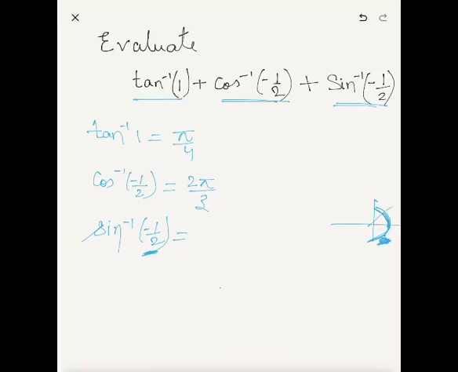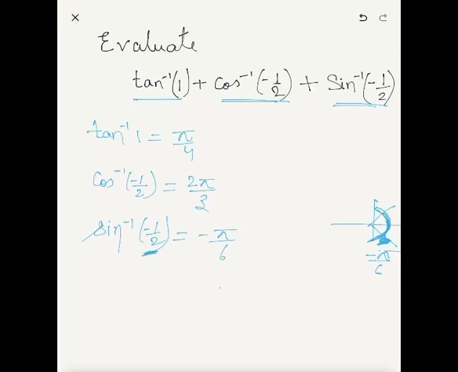When you go clockwise, you will get half. How much? Pi by 6, isn't it? 30 degree. Sin 30 is half, isn't it? So pi by 6 is 30 degree. Okay, so you will go negative pi by 6, means when you go clockwise direction your angle is negative. So at minus pi by 6 you will get